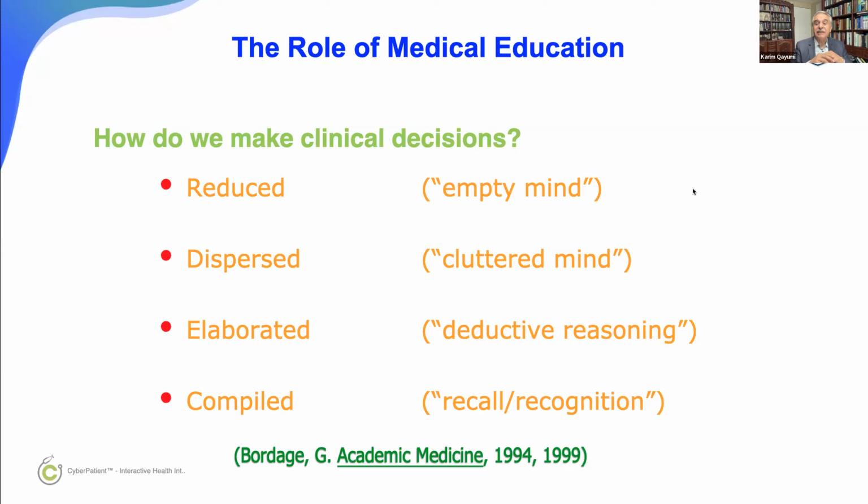But elaborated thinking is a very long process. It takes perhaps days for students to do that, or hours for experienced students. But when we go to practice, we have 15 minutes for a patient. We don't have that much time to do elaborated thinking. Then within 5 years of practice, we switch to compiled thinking.